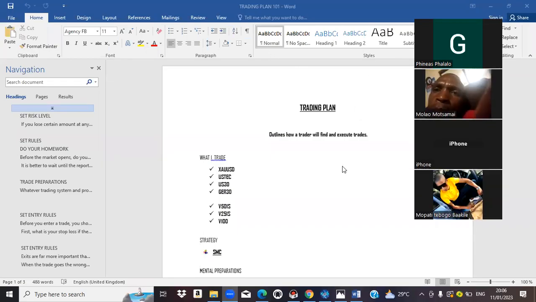Okay, I'm recording. As a trader, you have to know what you are trading. That is what falls under a trading plan. You have to know what market you are trading today, for example V100. You also have to specialize as a trader. You can't trade gold, GBP USD and GBP JPY all at once, because